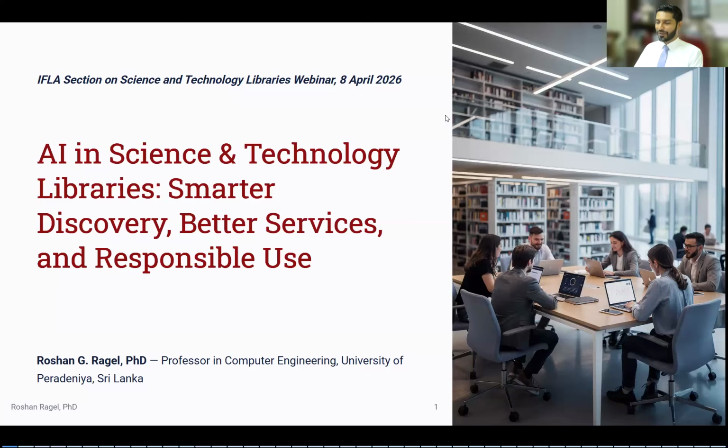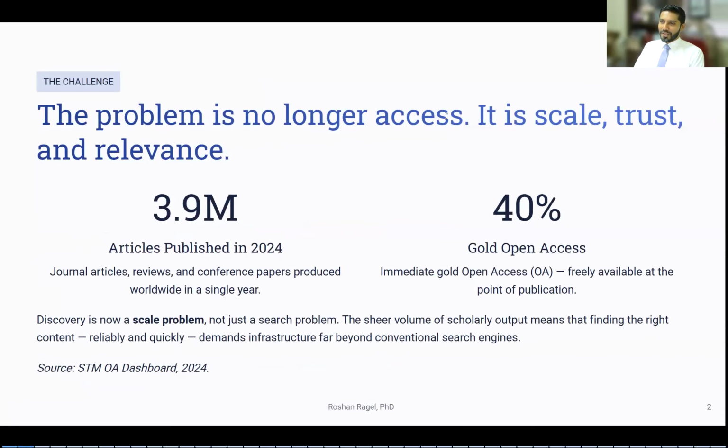So let's see how the AI landscape is changing libraries and how we can go about it. And I'll give you also a plan for those who are eager to implement something of this nature in your library, if you are not already doing so, how we can go about it. So just to start the discussion,